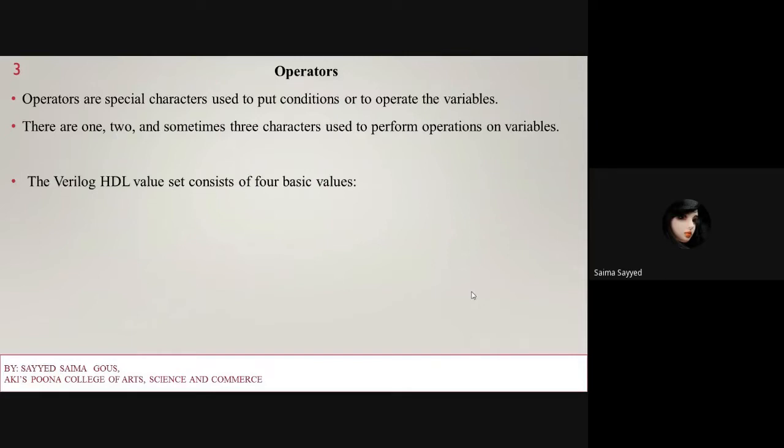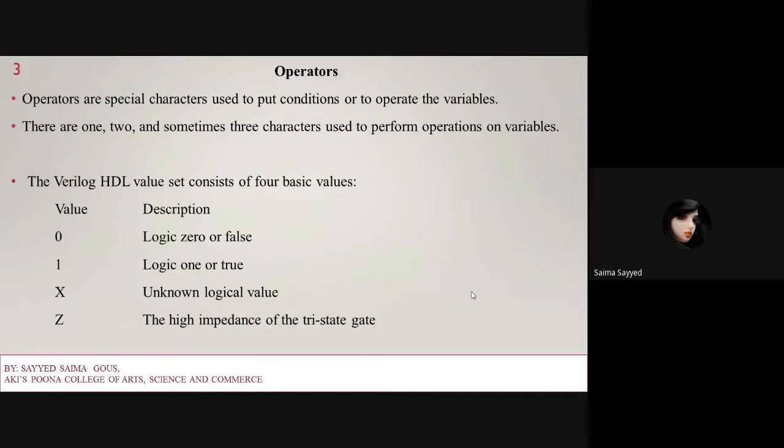Before proceeding to the operators, we will see how many sets there are for basic values. Verilog HDL value sets consist of four basic values. First is 0, that is logic 0, or we can say the false condition. Next, 1, which can be called true. Then x is used for an unknown logical value, and z is used as high impedance or sometimes a